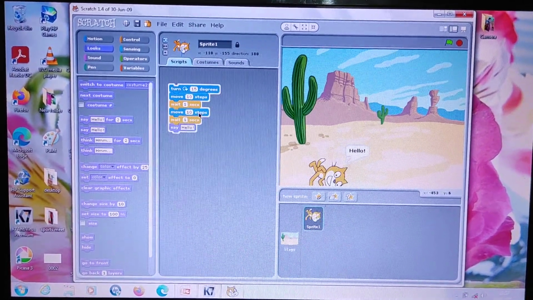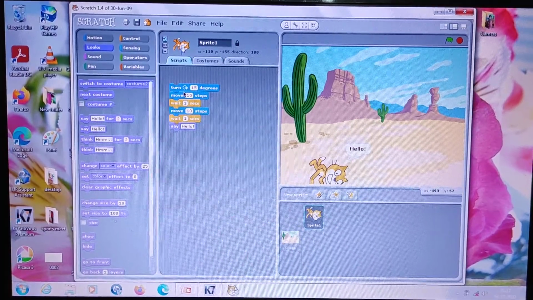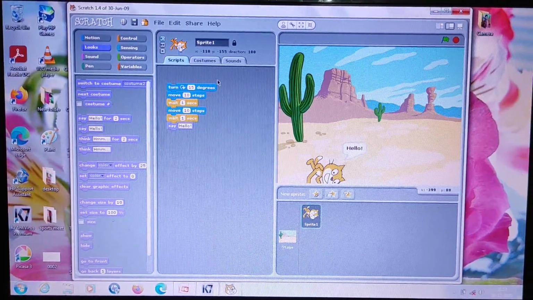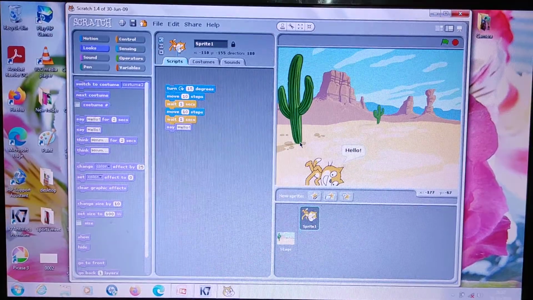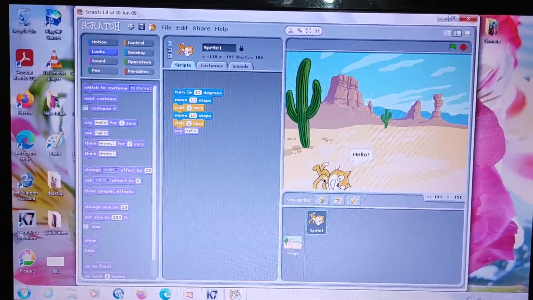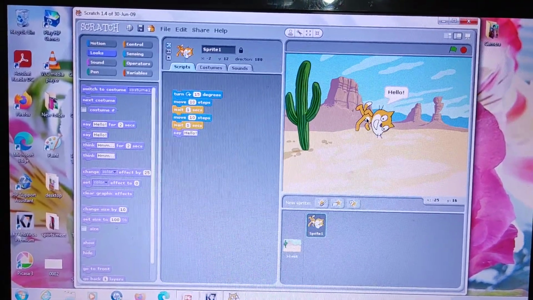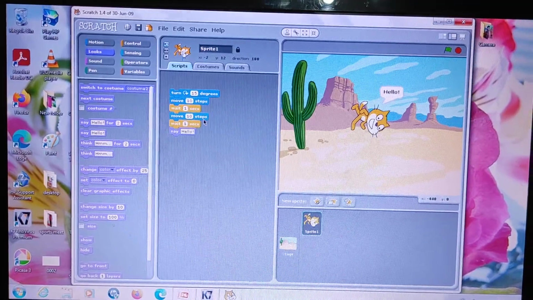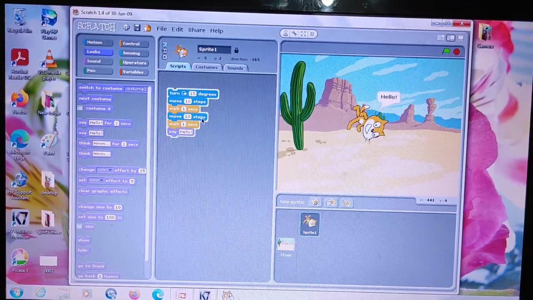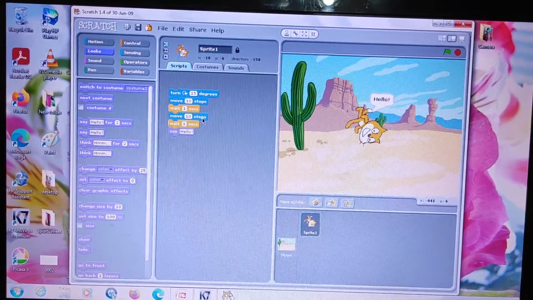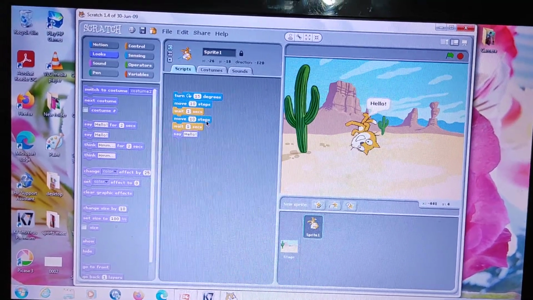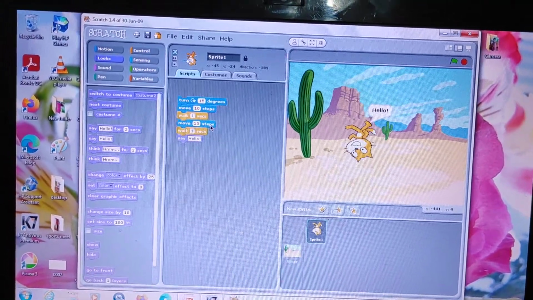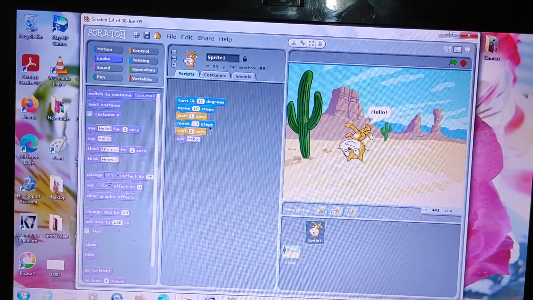The sprite rotates, because in the first option we selected turn clockwise 15 degrees. That's why it rotates clockwise. I click on it again. Just click on any block so you can see the changes. This is the first program mentioned in your book, pages 82 and 83.